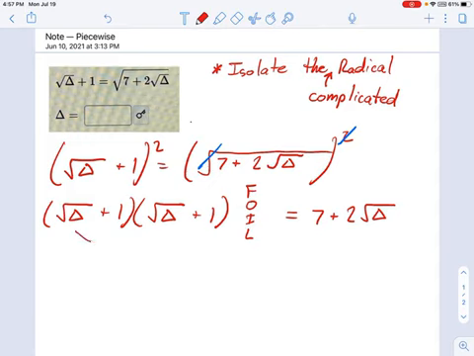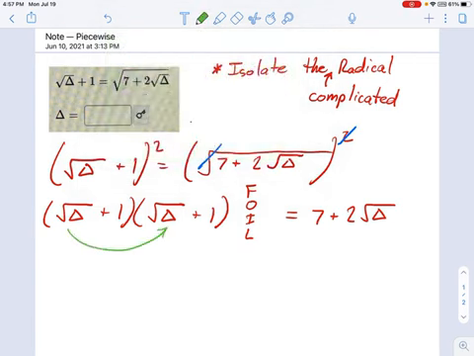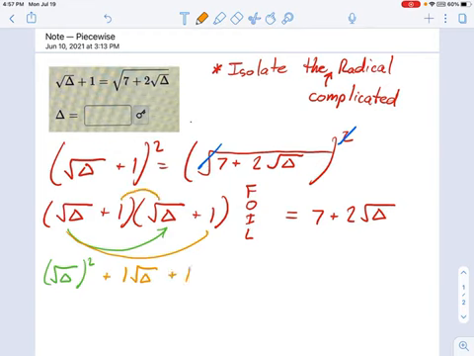So we're going to do square root. You know what? Let me grab some different ink here. I'm going to do square root of delta times the square root of delta. Okay, next thing we're going to do, let's just keep track of all our terms, where they're coming from. In orange, we've got plus 1 square root of delta. And then we have the inner terms right here. That's another plus 1 square root of delta. And the last term is this, it's the last term, right? FOIL. So that's going to be 1 times 1, so that's plus 1. And there we go. There is our foiled equation.